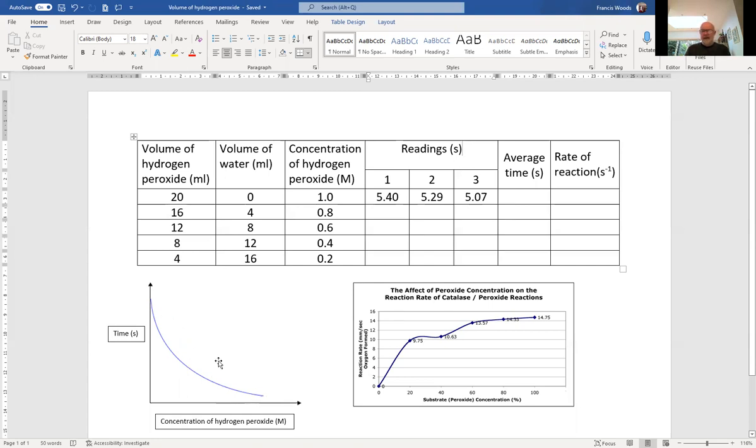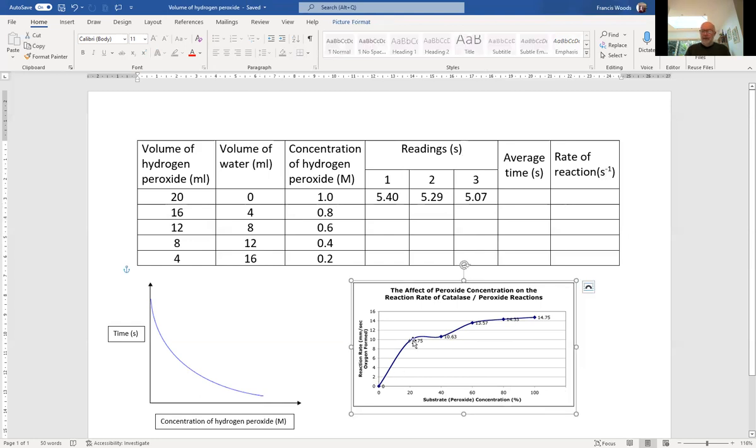It looks something like this. Yours might be a straight line. Again, if we go over to the rate of reaction, we've got the substrate concentration, the peroxide. In this case, they've got percentage, but we'll have molar. And over here, the rate of reaction in seconds to the -1. And then we would plot our graph. Hopefully, it will curve. Now, when you come to analyze your data, you must use not only the figures here,